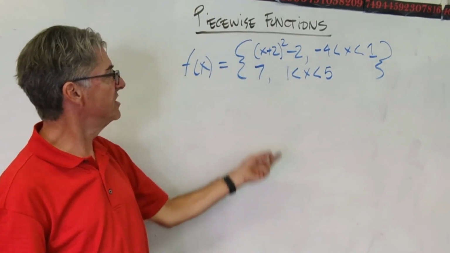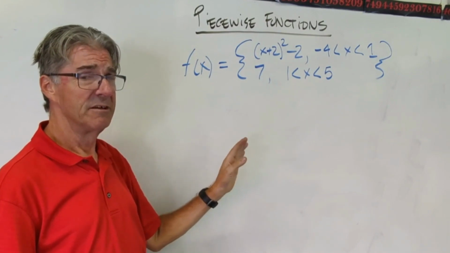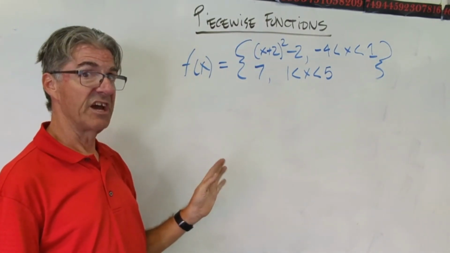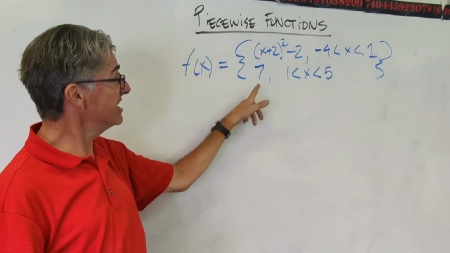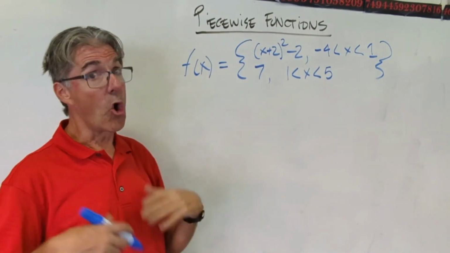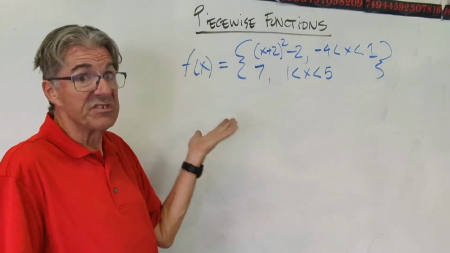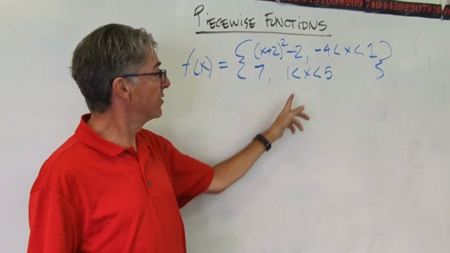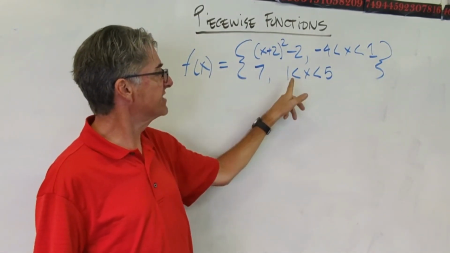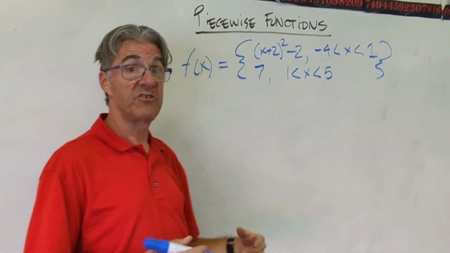The second equation is just 7. What does that mean? Think about that real hard for a second. Okay, so when f of x equals 7, that's just a horizontal line of y equals 7. Remember, f of x stands for y, so y equals 7, and that's going to pertain for the domain where x is bigger than 1 but less than 5. Okay? So, what I want you to do